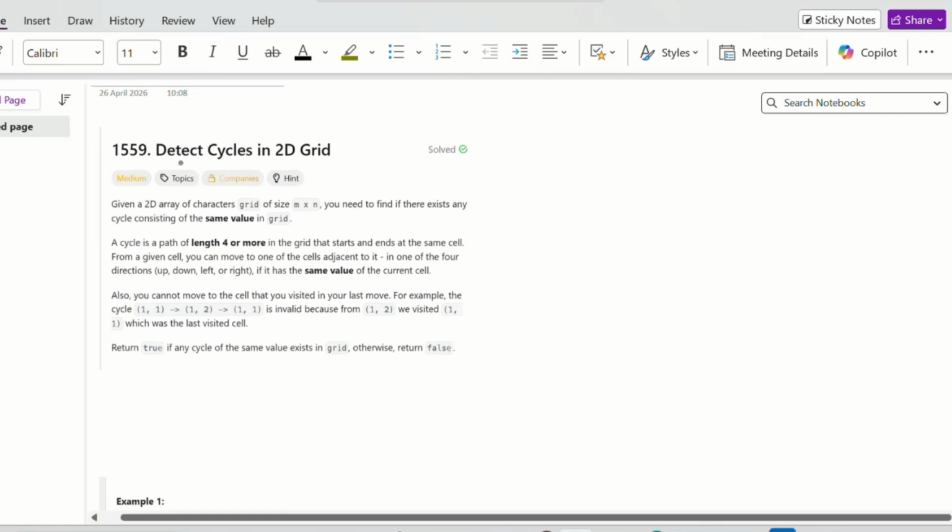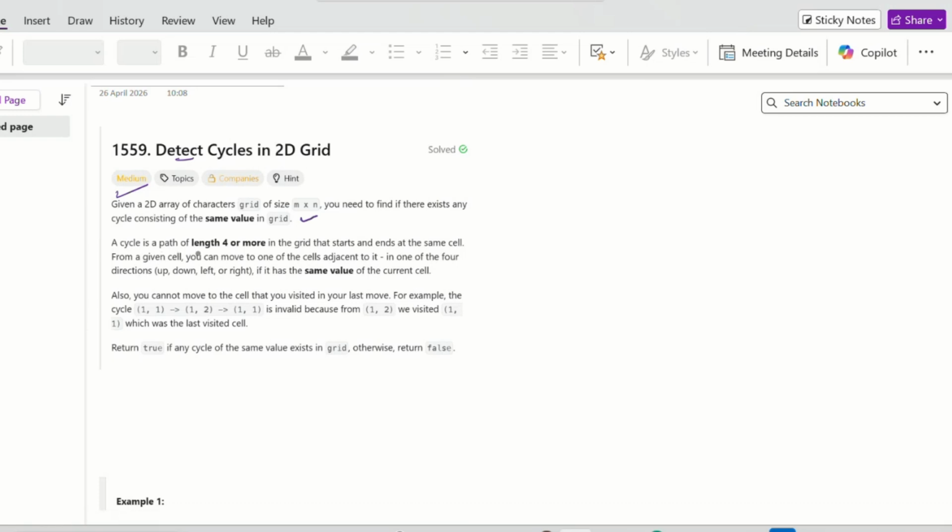Hi everyone, so today's problem of the day is detect cycles in 2D grid. What is given in the description: given a 2D array of characters grid of size m cross n, you need to find if there exists any cycle consisting of the same value in grid. A cycle is a path of length 4 or more in the grid